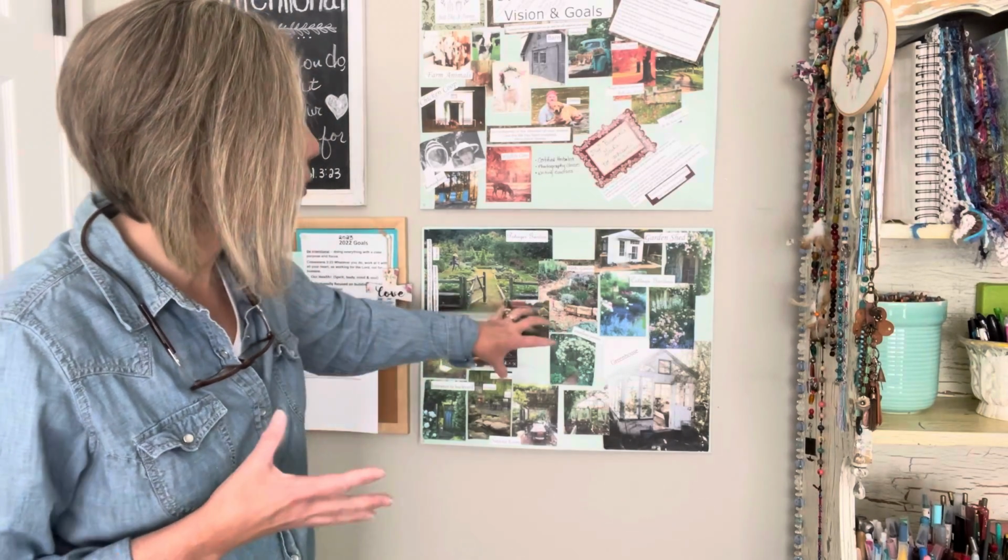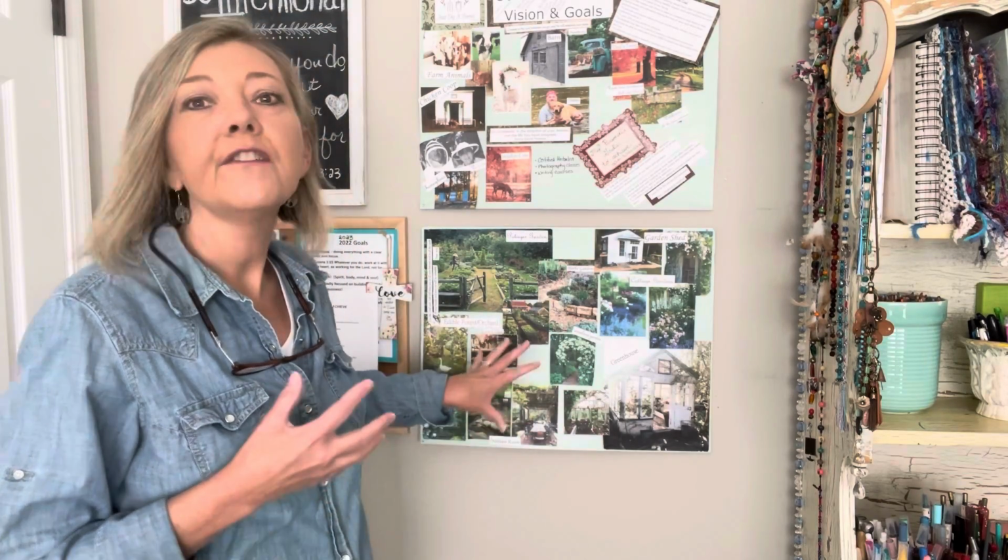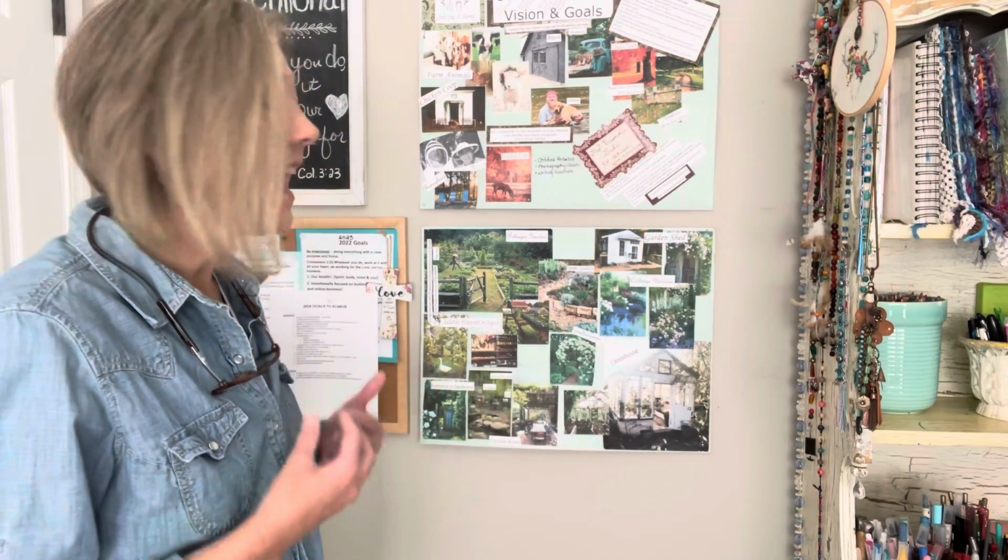But I just pulled things and ideas and color palettes that I really wanted my garden to look like, and I created this vision board, and it gave me a very clear idea of how I wanted to create my garden. So what I suggest is to print out the pictures that you took at the garden center, the nursery, wherever you went, and take the pictures that you pulled from the magazines, print off some of the pictures that you liked in Pinterest, just lay them all out and start taking a visual note of different elements that you